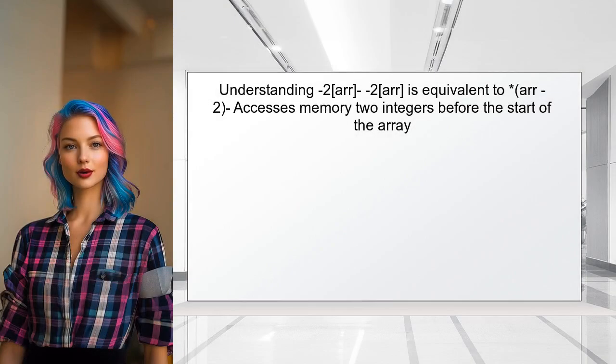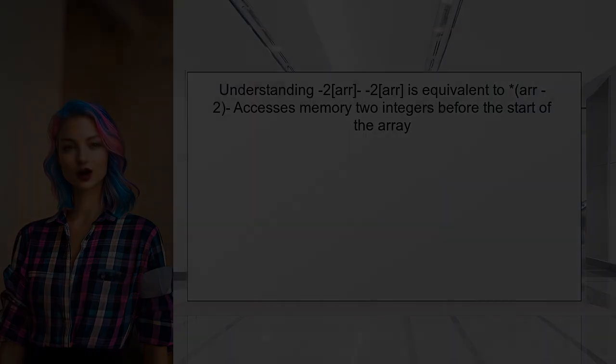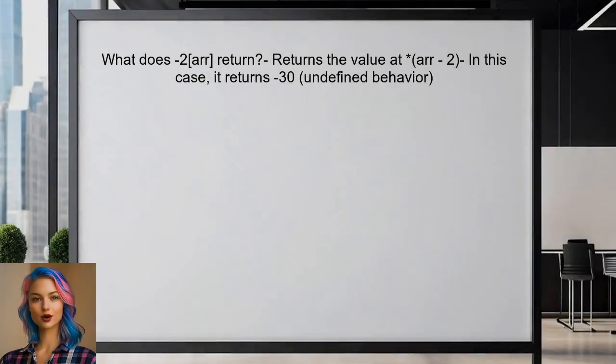On the other hand, the expression -2[r] is actually a valid way to access the array. In C++, the syntax a[b] is equivalent to *(a + b), so -2[r] translates to *(-2 + r), which points to the memory location 2 integers before the start of the array. This means that -2[r] retrieves whatever value is stored at that memory location. In this case, it happens to return -30, which is the value at that location, but this is also considered